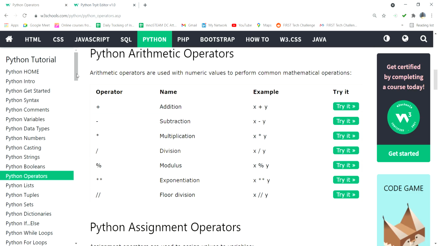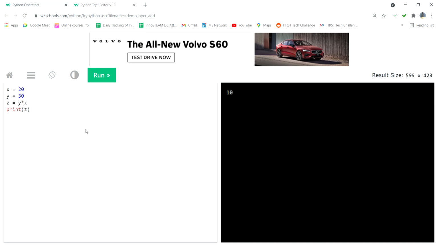Here HTML, CSS, SQL, Python, PHP, a lot of options available. I am answering for someone whose name I don't know. He asked the question, after installing Python, what do we have to do? You have to choose Python, and after that we have to learn these things. I already shared the videos of the last two sessions through your group, so you have to go through the videos, then learn these things.